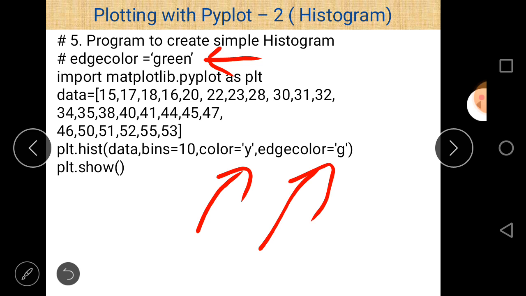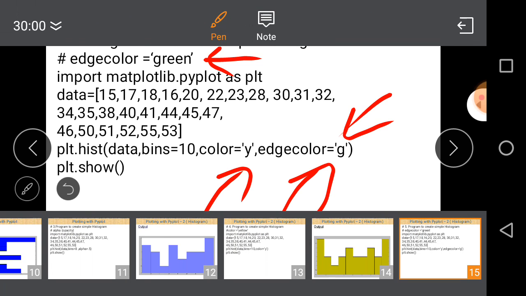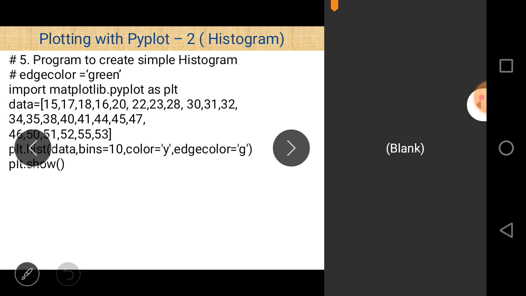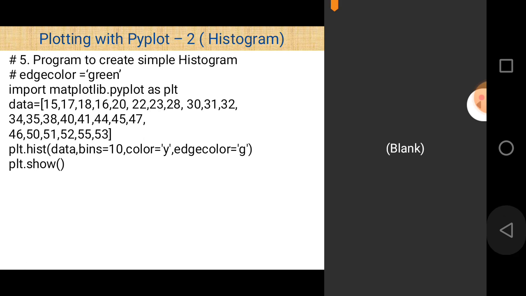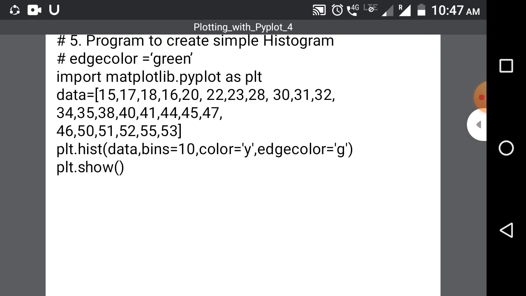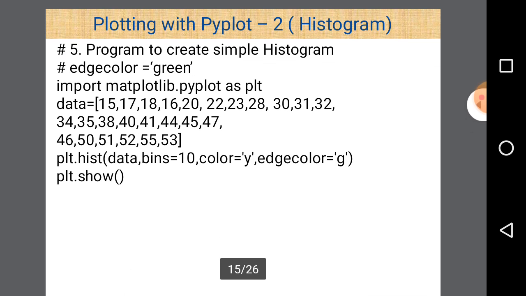Color is equal to Y is also used in the previous program, but edgecolor is not used there. Edgecolor equal to green, so we write G and assign the value G to edgecolor. Here G refers to green color.